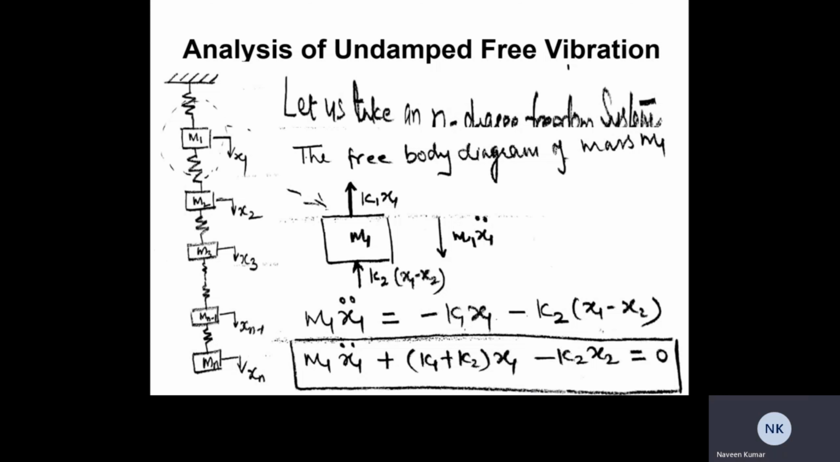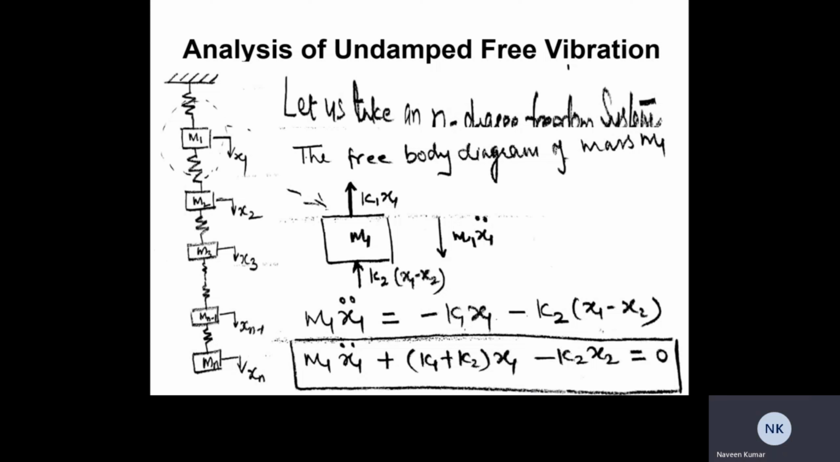Since this mass is moving with an acceleration x1 double dot, there would be an acceleration force acting downwards, in the direction of movement of this mass, that is m1 x1 double dot. Now from Newton's law, we know that the acceleration force is equal to the net force applied on the mass. So the acceleration force m1 x1 double dot is equal to